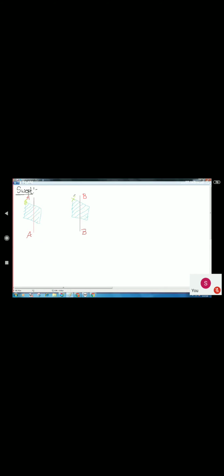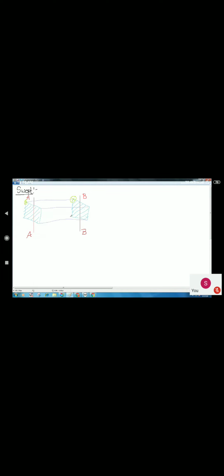The second section has its start point too, and the software tries to match these points: point number one, point number two.